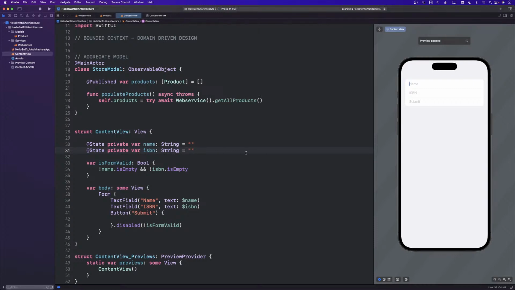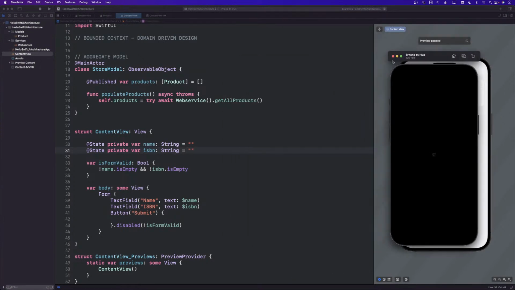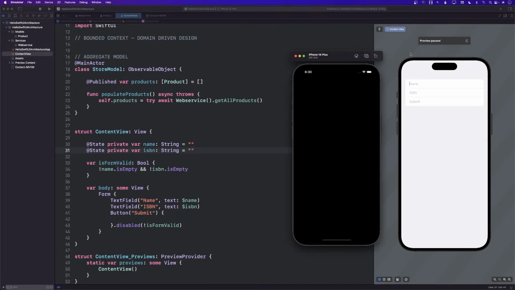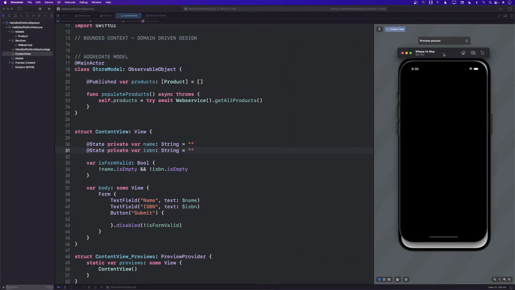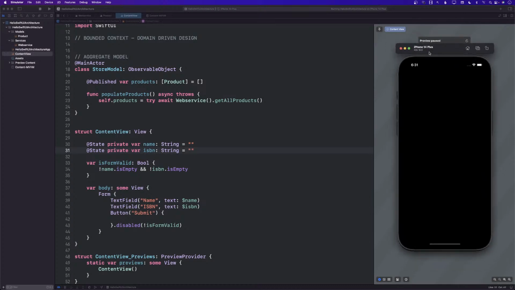But hopefully you already got the idea of how you can perform a very basic validation. This is a very basic validation, right? Let me see, where is it? So I have to run an actual simulator because it's not really allowing me to edit an Xcode preview, which I have no idea what happened. It's been doing that for quite some time now. So we're going to wait for this.